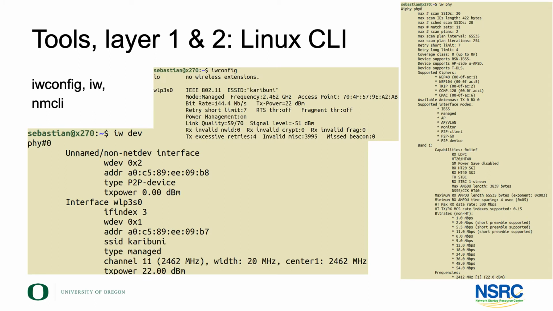Then there's all the command line tools. And as so often in networking, yes, we are quite Linux/Unix centric here, but for most you will find versions for Windows and definitely for Mac. Many of these tools are available cross-platform. My presentation mostly looks at Linux-based tools. iwconfig and iw are the standard management tools on the command line, and you will see here that the output of these is actually a mix of physical layer.